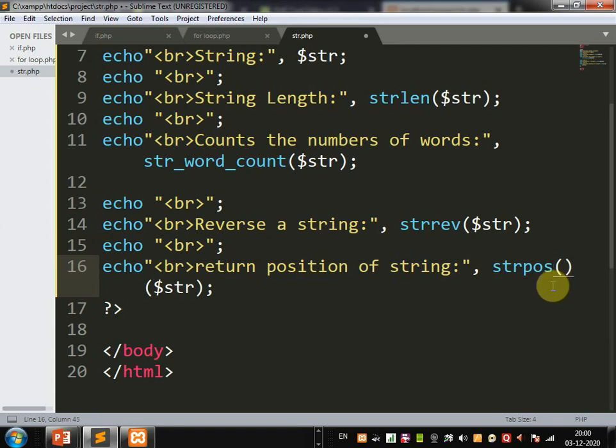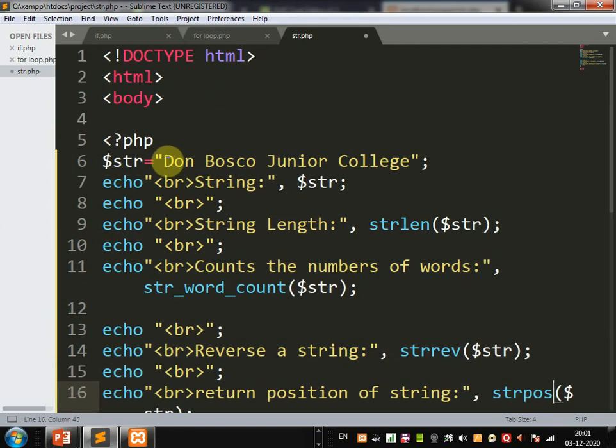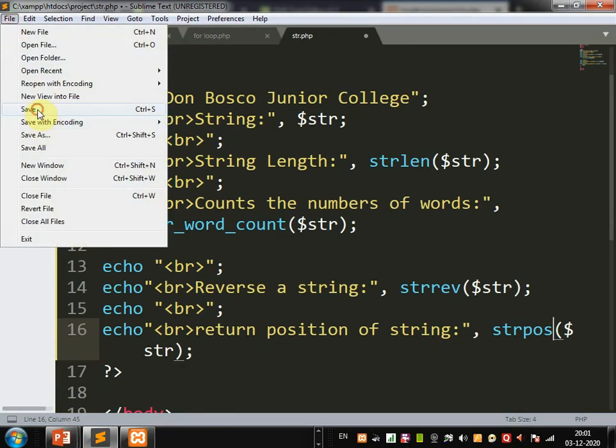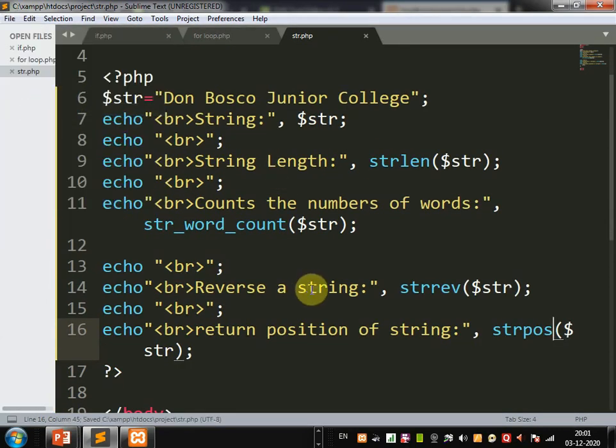The variable $str is where you store the Don Bosco Junior College string. Save this.